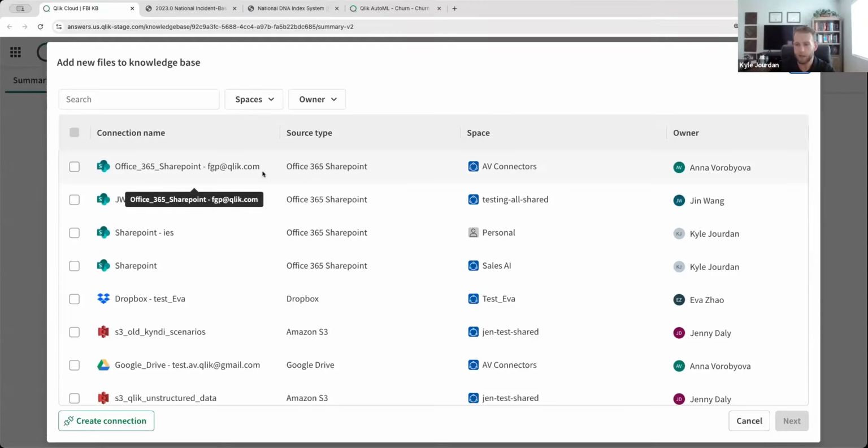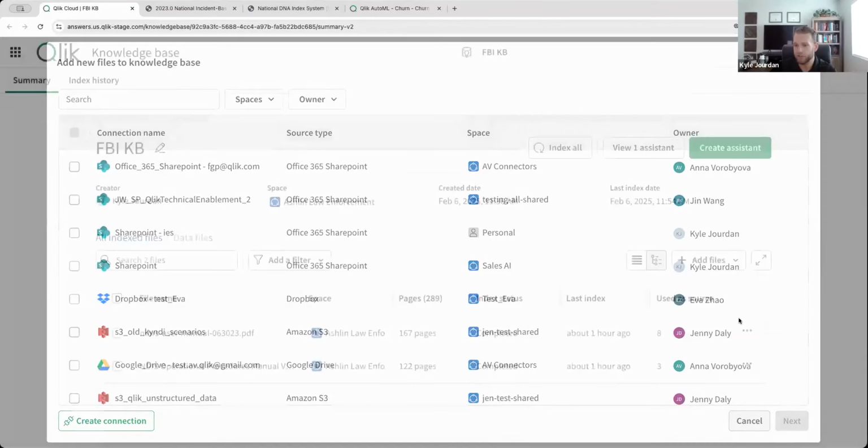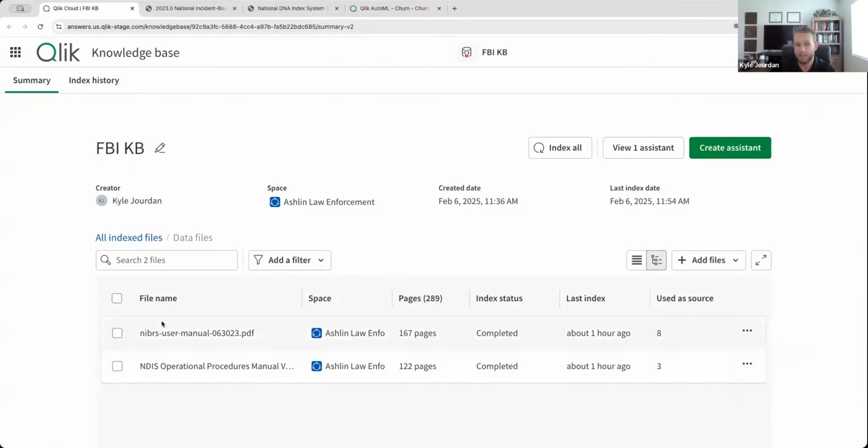We do not duplicate the documents, and then all we store in your tenant are the vector embeddings of the text. So basically the document's not being replicated in a way that you have to worry about maintaining it in 2 places. If you connect data from a data connection as well, you have the ability to set a schedule.